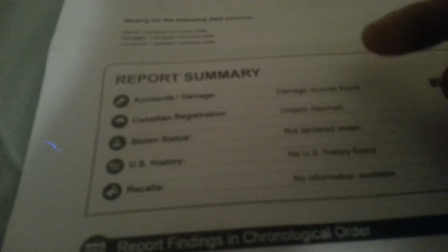So, I'm going to show you guys basically what a car history report tells you. It basically tells you any accidents, damage reports, and stuff like that. It tells you the status of the car, which is normal, not declared stolen, no US history, blah blah blah. So as you can see here, there was a police report, there was an accident in 2003,